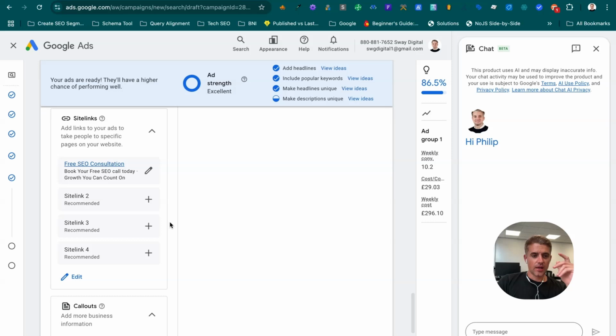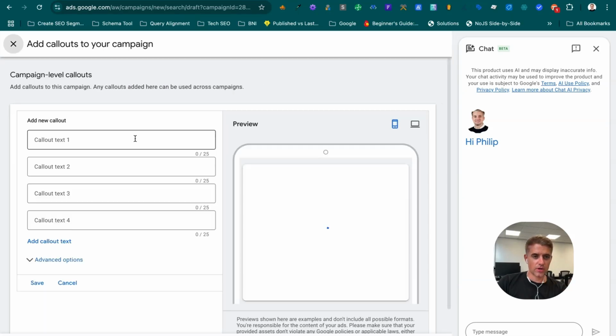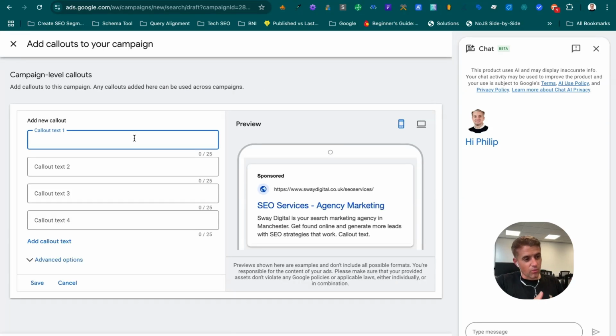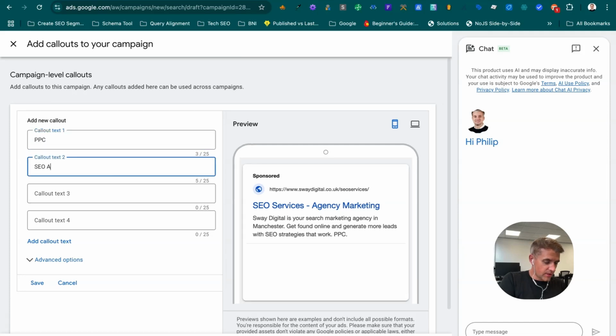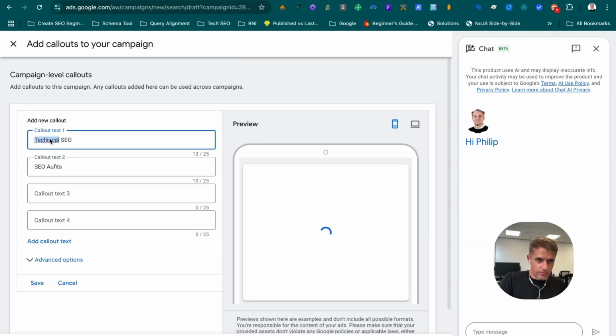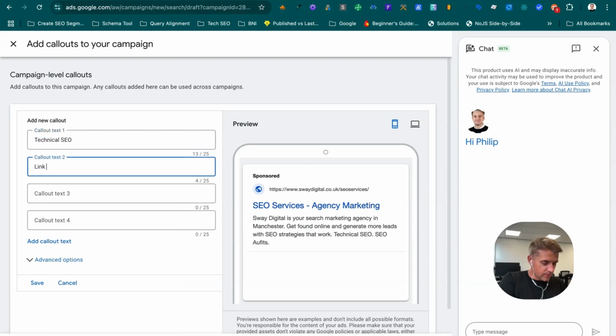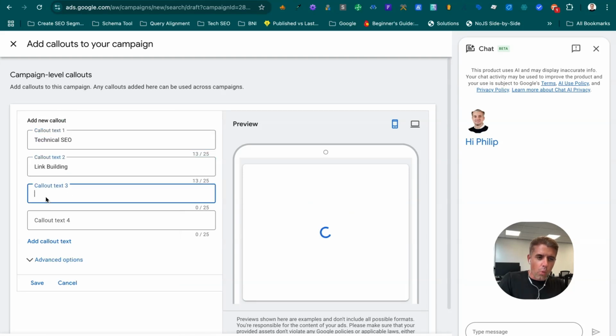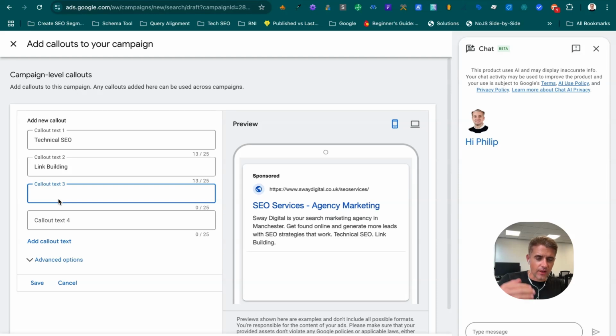Got business name in, and then you can add some call out text. So you could have different call out text, like what else you do in your business. So you could do SEO audits, technical SEO, and you have link building. You can go one step further. Instead of listing out the services, focus on the outcome of it. So what is the outcome of link building? So it's more traffic, more visibility, better rankings. So put better rankings